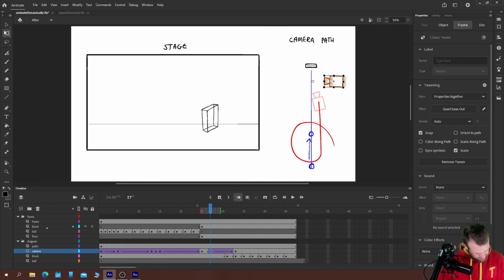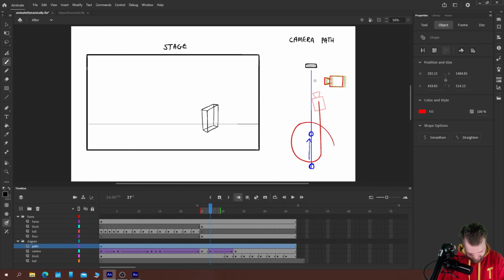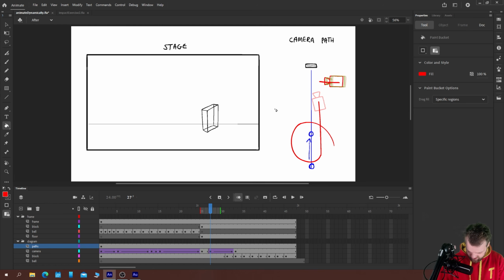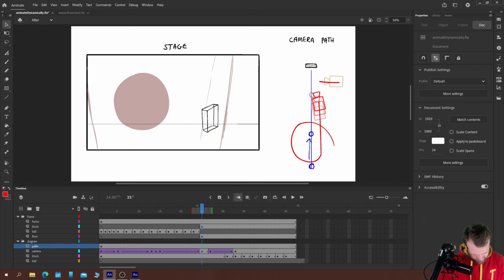So what we've got now, if we add to our camera path, is we do have a direct cut, the first cut of the camera. And all it does is back off a little bit. And we'll make that camera path red. Okay. So bam, it cuts. We have our ball